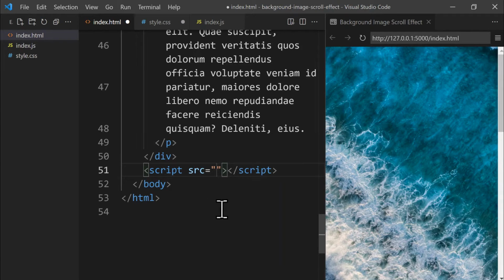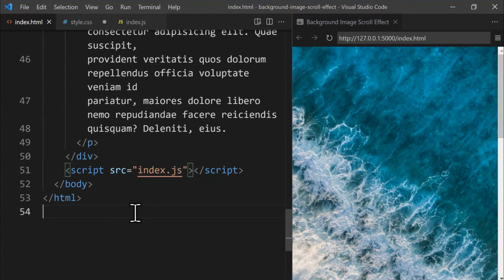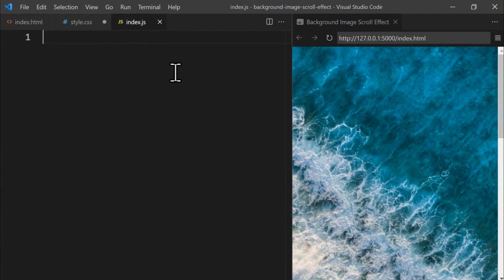As both files, I mean the index.html and the index.js, are located in the same directory, we just need to have index.js for the URL. Now we can use JavaScript in our project. First, we save the file using Ctrl-S. We close this Explorer section by dragging the line to the left, and we go to index.js and we start